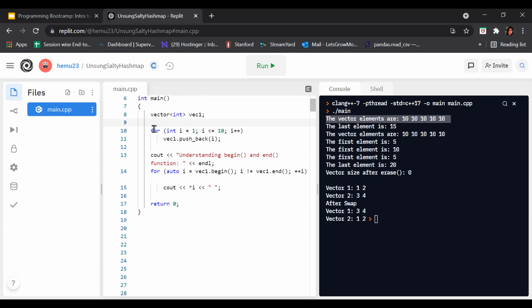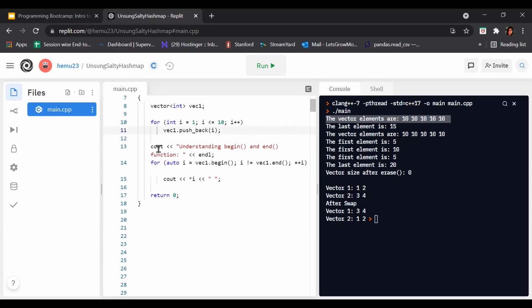After that we have a for loop. In this, the initialization statement creates an integer variable i and initializes it to 1. After that we have our test expression, which is i less than or equal to 10. If this test expression comes out to be true, this code will execute, or if it comes out to be false, the loop will get terminated. If it is found to be true, this code will execute and get updated by this update expression, which is i plus plus, meaning increment i by 1.